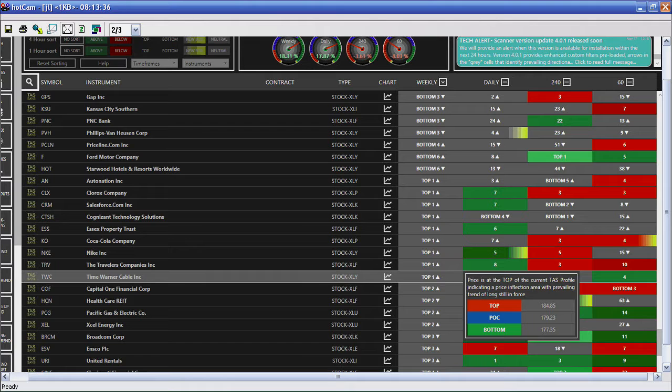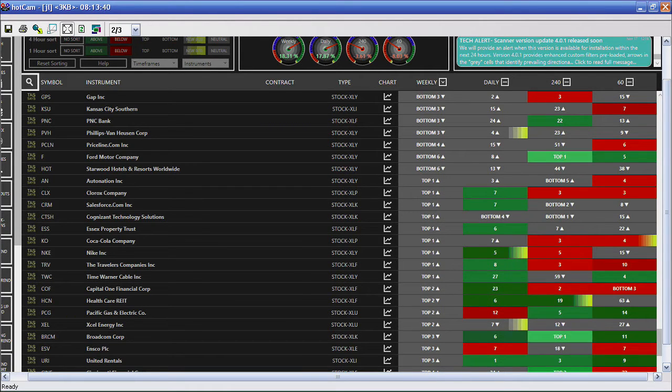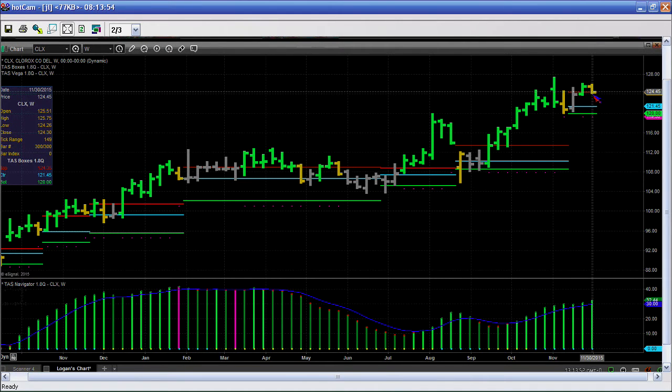So if I go, and I'm going to show you these, this is another cool little feature of this. I don't talk about the little innuendos that much. But if I go into Clorox on the weekly, CLX, you can look at this as support, as uptrend support, and it's in the noise area. But what I want you guys to notice is that these are possible candidates for a failed retest.